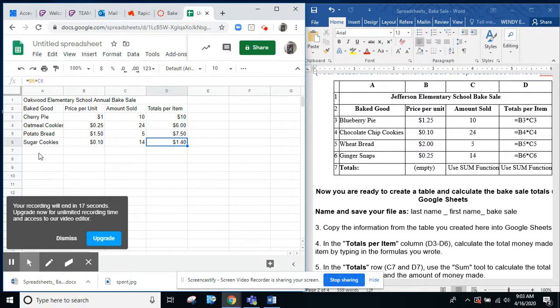Okay, next up we are going to total all of these. So let's go ahead and add the heading totals here in A7. We're going to leave B7 empty because we're not going to total the price per unit. In cell C7,